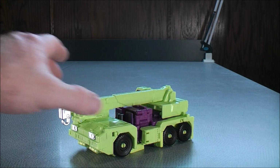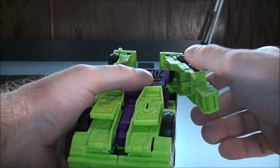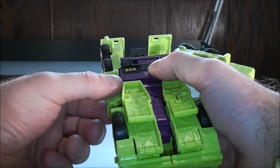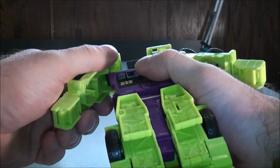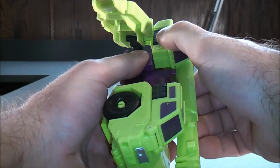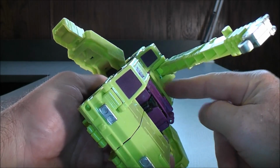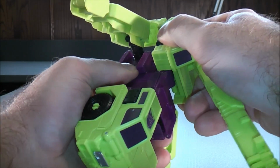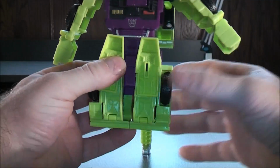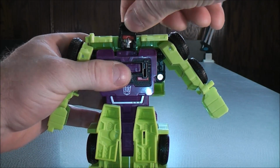So to transform Hook into his robot mode, what I like to do first, which is a little bit easier for me, you want to start with the arms. You can pull the arms out and down just like that. Do the same thing on the other side. Pull the arm out and bring it down just like that. And then with this back piece here, you want to shift it over to the side like that. And then that will allow you to accordion this section back down all the way just like that. And then from here, you want to rotate the head of Hook around just like this,